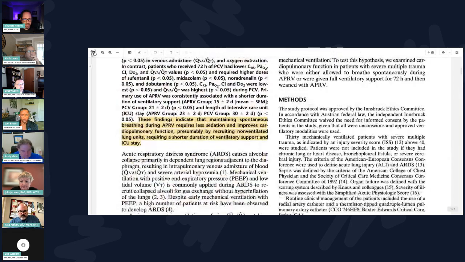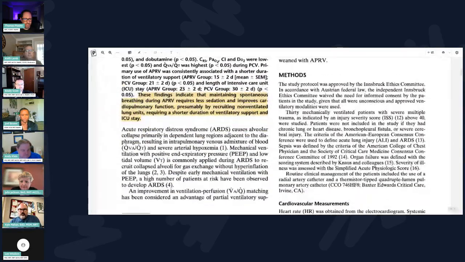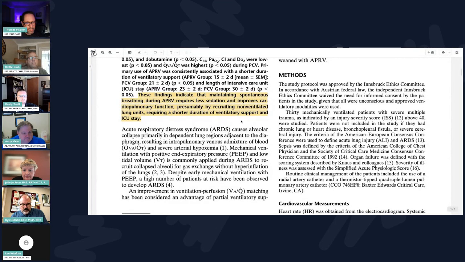First, if you jumped right down to the last part of the abstract here, which is essentially the conclusion: these findings indicate that maintaining spontaneous breathing during APRV requires less sedation and improved cardiopulmonary function, presumably by recruiting non-ventilated lung units, requiring a shorter duration of ventilatory support and ICU stay. And this was, again, a study that was pushed by this person that was presenting APRV to me years ago,